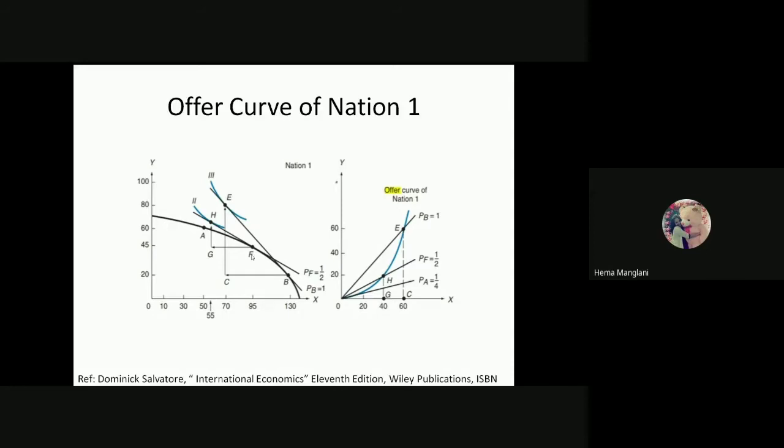Okay. So taking this point first, the F point is the production point for this country. But what is the consumption point for this country? The consumption point for this country is this blue indifference curve you can see. Okay. And there is an H point which is following the tangency with this terms of trade line. This terms of trade line is the international trade line, through which the country would like to offer the commodity X to the other country. Now, how would you decide here that this country, nation one, is exactly willing to offer X commodity to the other country in the exports? So that's important. This we need to identify.